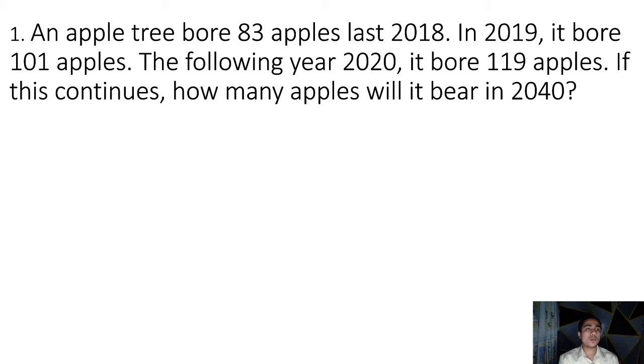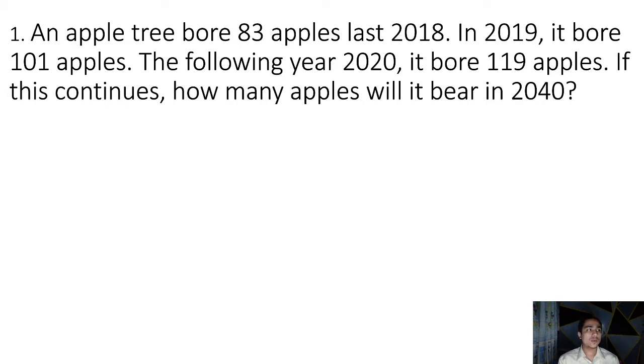An apple tree bore 83 apples last 2018. In 2019, it bore 101 apples. The following year, 2020, it bore 119 apples. If this continues, how many apples will it bear in 2040? So, ang gagawin lang natin throughout the lesson is to analyze the problem and to look what is being